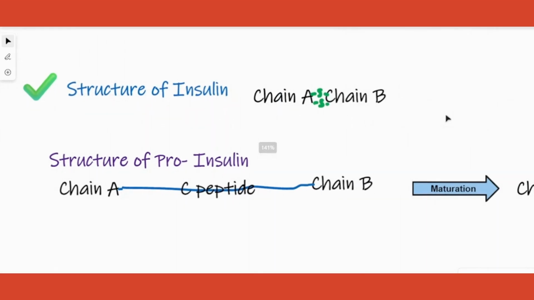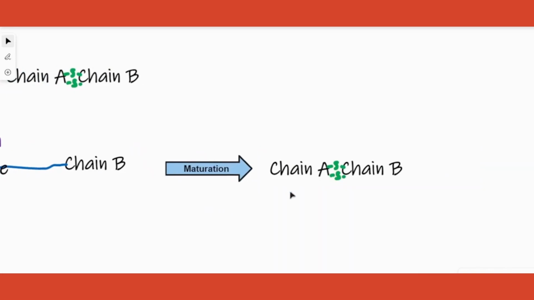But in our body, when our body is producing insulin, it is not prepared this way. Instead, it is prepared in this format and then converted into this. So, what do I mean by that? In our body, insulin is initially prepared as proinsulin, which has chain A followed by a C peptide sequence followed by the chain B. After it is prepared, a lot of post-translational changes occur, which we call maturation, and then it is converted to this format, that is polypeptide chain A connected to polypeptide chain B through disulfide